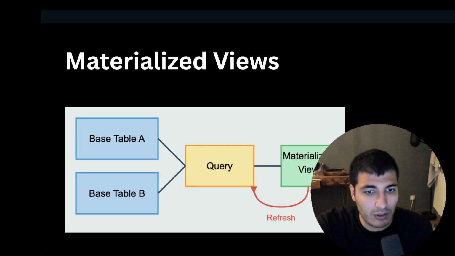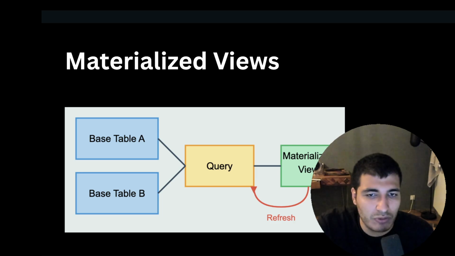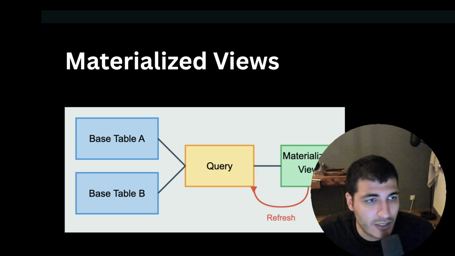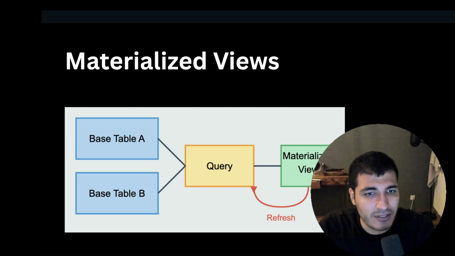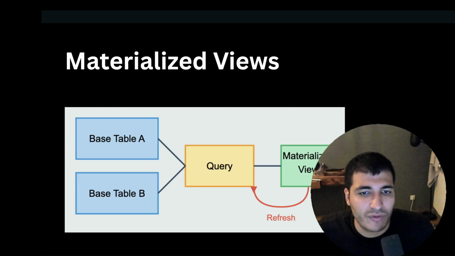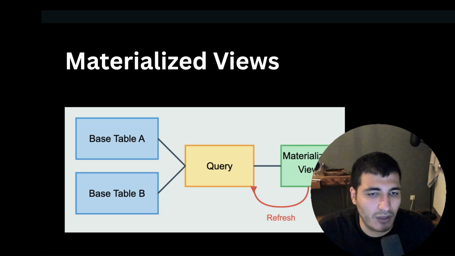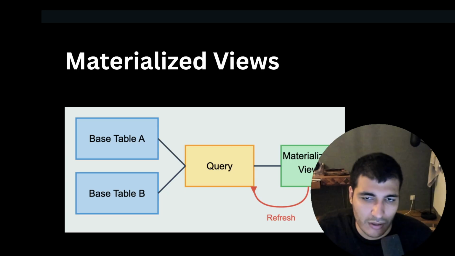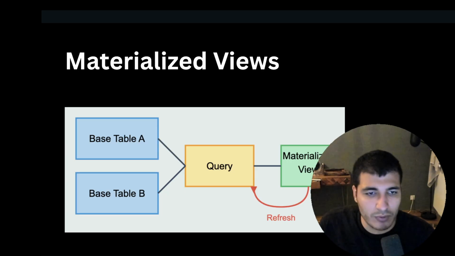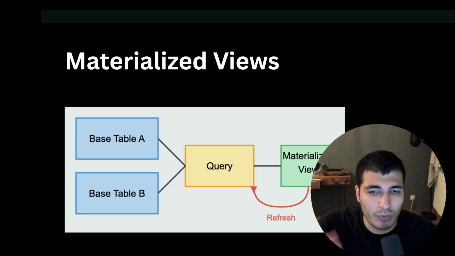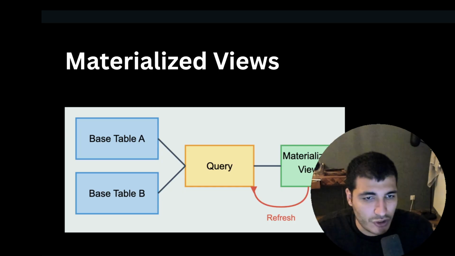To implement it, you create a materialized view by defining a SQL query, and the database executes this query and stores the resulting data set. For example, you might create a materialized view that calculates the total sales per customer. Subsequent queries that need this information can then directly query the materialized view, which is much faster than rerunning the